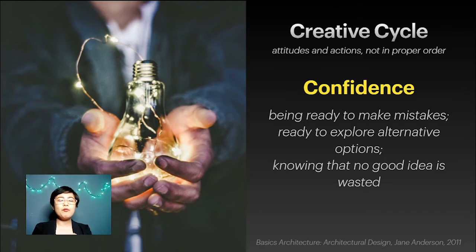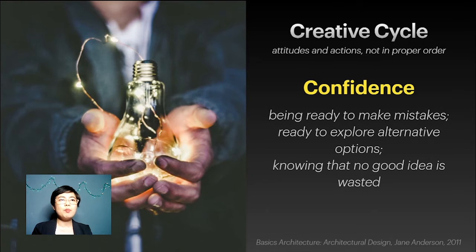So, the purpose of the critique, the purpose of checking, is para makita kung swak ba talaga siya sa design solution. Pwedeng nakita mo, maganda yung concept mo, pero hindi necessarily bagay doon sa project. So, you can just take that idea, itabi mo, and then you can use that for future projects. Pero, when you do execute the idea, be confident, and you can also explore alternative options.